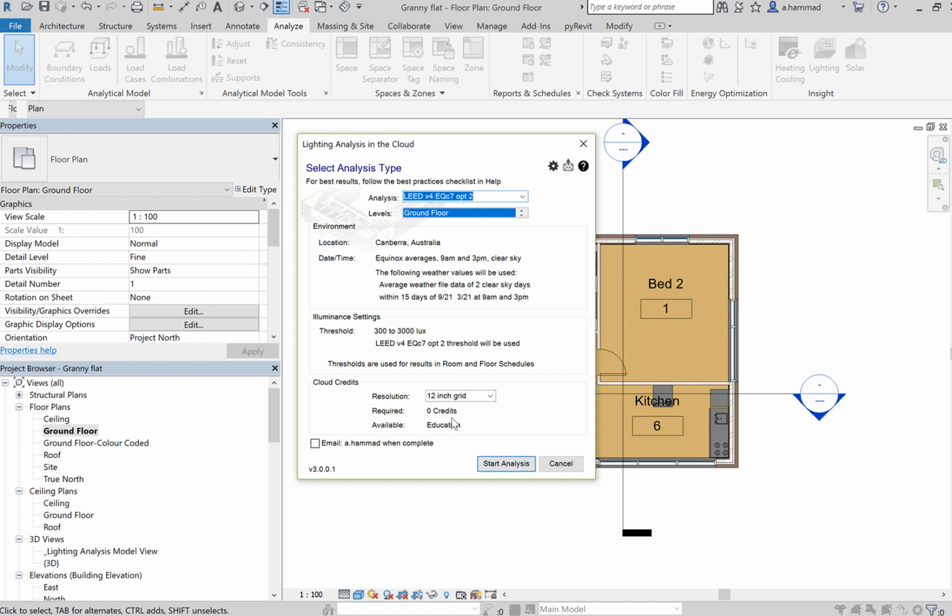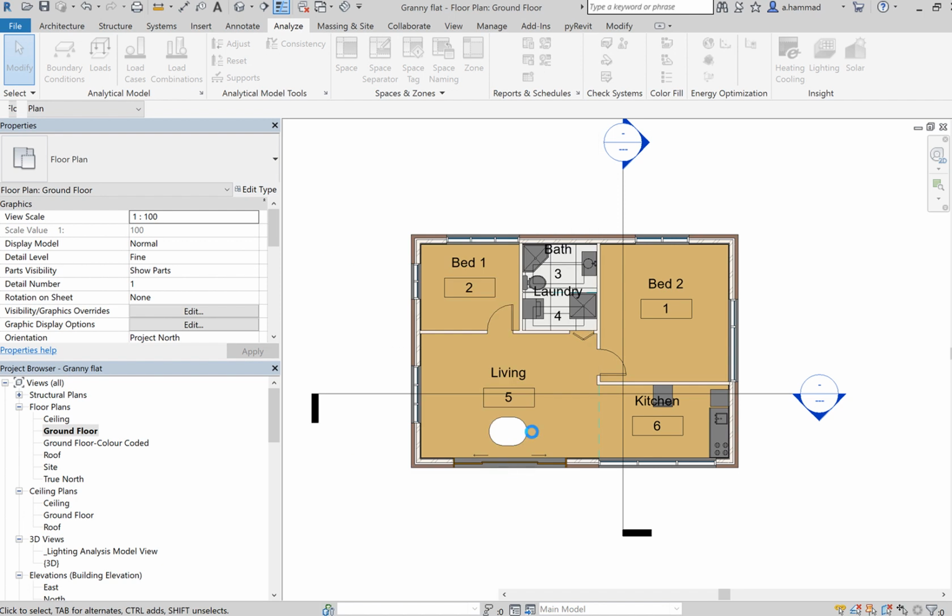Now 0 credits are needed. It's because my version is an education version, and you should have the same education version as well. But usually for massive projects you'd require a specific credit which you have to purchase on the cloud. In our case, because it's a simple project and we're using it for education purposes, 0 credits were required. So after checking the price, you can start the analysis. You can also choose to email yourself the results once complete. So if we go start analysis,